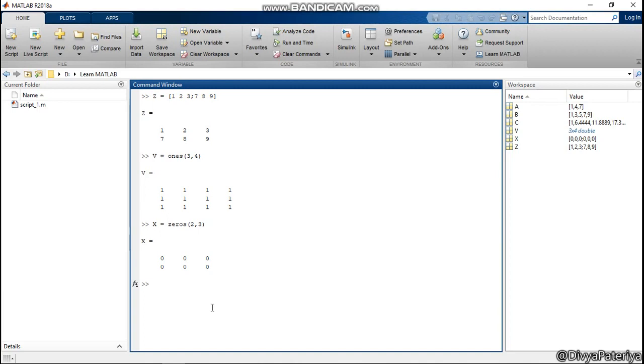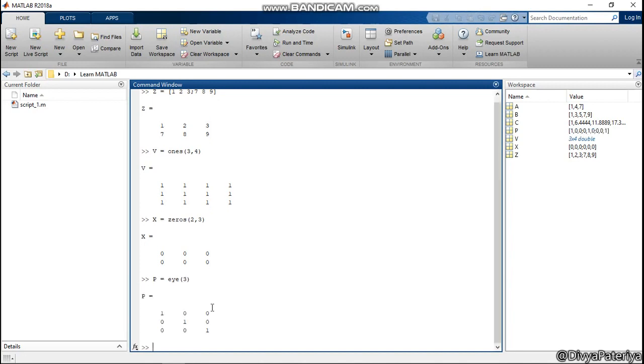If I want an identity matrix, I can also do that. Suppose I am declaring a variable p. I will write eye and the size I want. The identity matrix, as we know, is a square matrix, so the rows and columns will be the same, so we can give just one number. If I'm writing 3, I will get this.